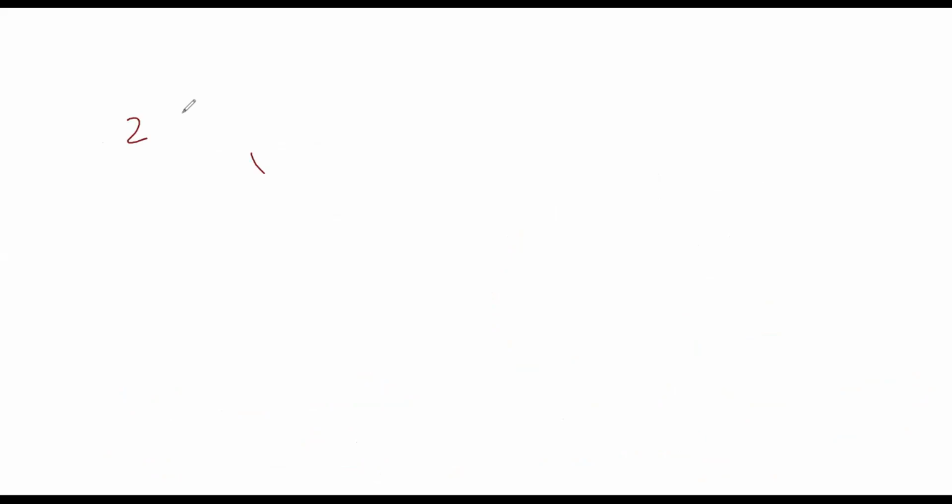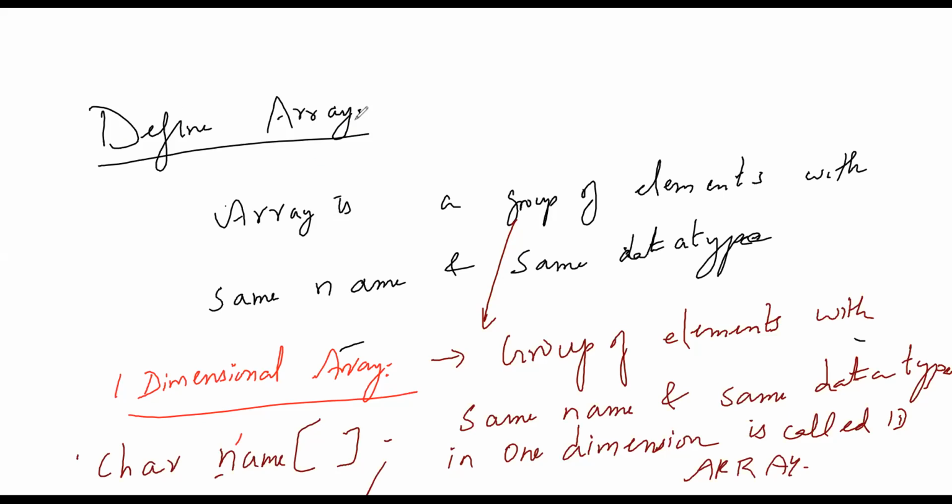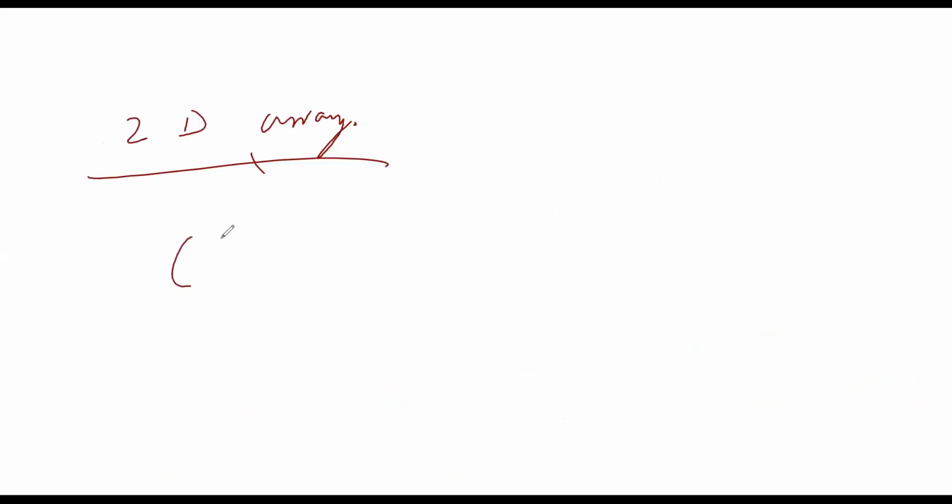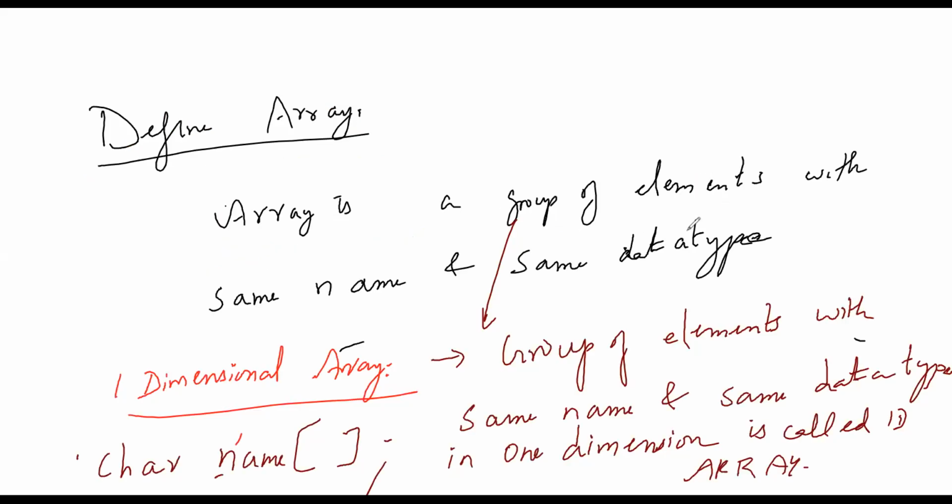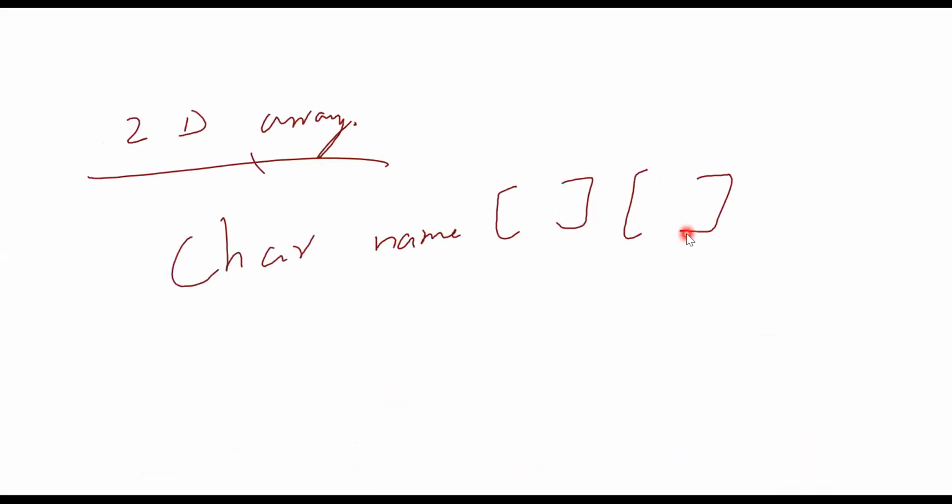If you ask me two-dimensional array, same thing I will put. Same thing I'll put two for 2D array. What is the difference in 2D array? Only thing is char name. Same thing, char name, I'll put two brackets. And I will change here as what? Instead of 1 dimension, I'll change here as 2 dimension. This 1 dimension will change to 2 dimension. Then instead of 1 bracket, I'll put 2 brackets.